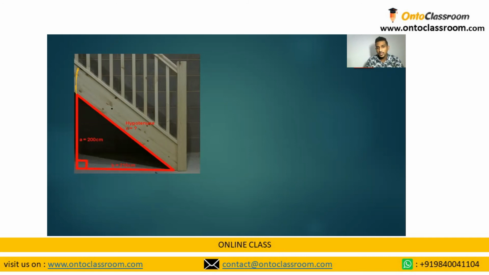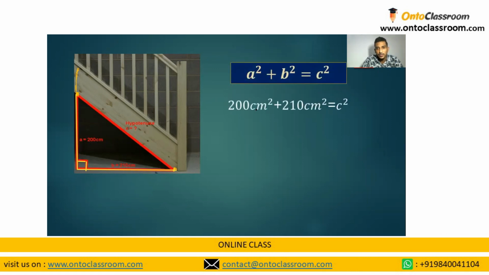So if you do not know the length, what you can do is mark the starting point of the staircase, and mark the ending point of the staircase, and then just drop down a vertical line from the starting point to this vertical height, and then measure the distance from that particular point to the starting point, and build up this right angle. After you build up the right angle, you can mark these as a, b, and c, and you can measure this a and b. Already you have measured these two, so now you can use the Pythagoras relationship, which is a squared plus b squared equals c squared, and now you can write down the equation.